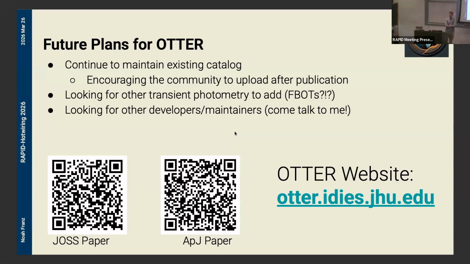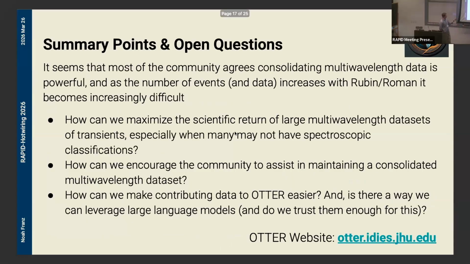Sorry, what was your first question? Painfully going to the paper, taking the machine readable format, reading it into Python and reformatting it. It would be great if instead we had the community contributing their data after publication. One thing we've been thinking about is, can we give new transient papers to large language models, say, give me all of the photometry in this paper, send it to the author and say, please check this and upload it if it looks correct. Maybe that will take away a lot of the pressure or the time commitment necessary to do it.